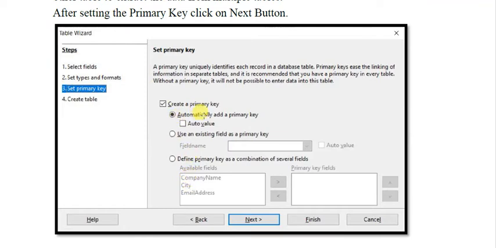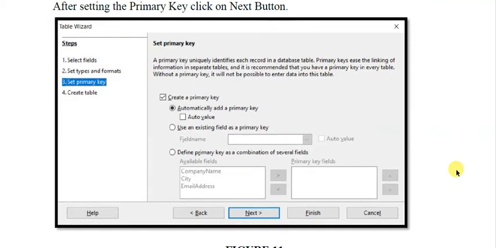Either you can ask the software to add the primary key by itself, or you can select any of the fields as primary key, or you can have a combination of fields. So this window will ask you to set a primary key, which is very important.